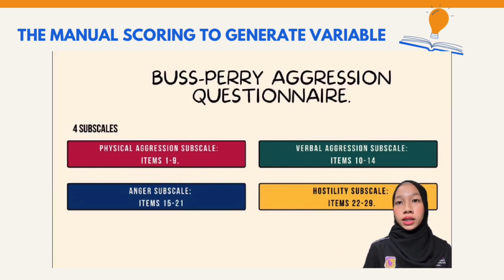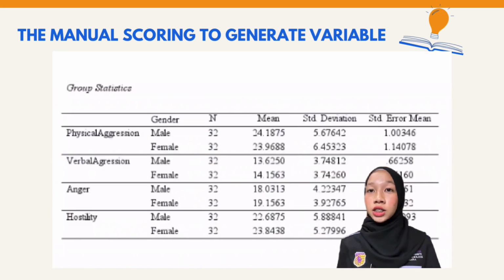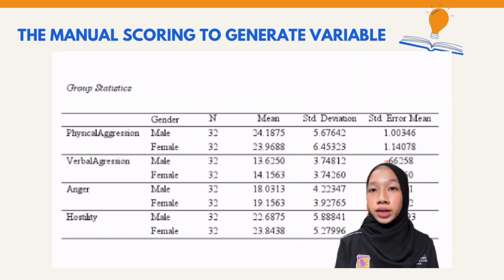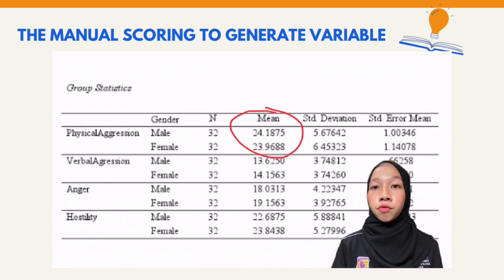The two items, 7 and 18, worded in the direction opposite to aggression, are reverse scored. So the total score for aggression is the sum of these scale scores. A higher score indicates higher aggressive behavior. As we can see from this table, the most preferred subscale among athletes is physical aggression. This is because it has the highest mean for physical aggression, which is